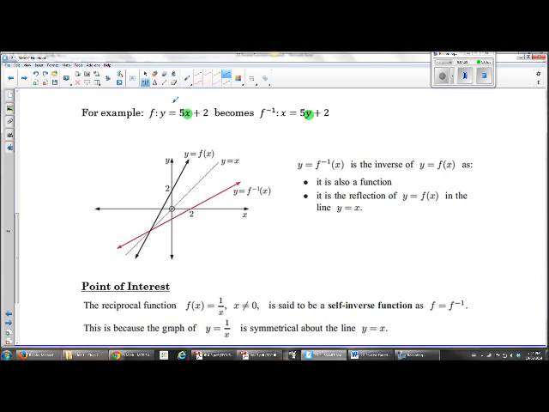Now, one way to do this, and I'm not sure if I can get lines to draw here nicely, but if we were to draw some lines perpendicular to the line y equals x, we see that points on the original function and points on the inverse function would line up. These green lines I'm drawing should be perpendicular to the line y equals x. And thus we would get reflections of points